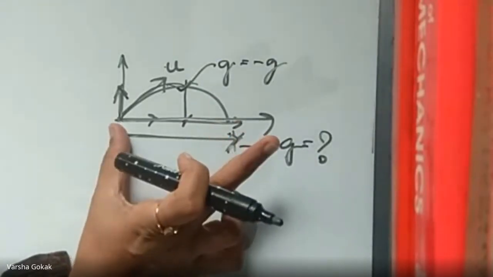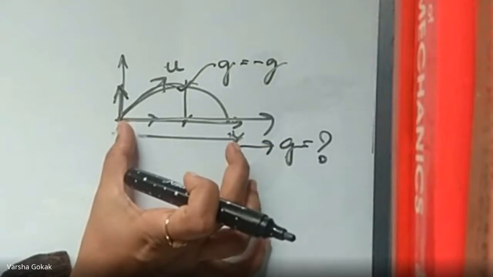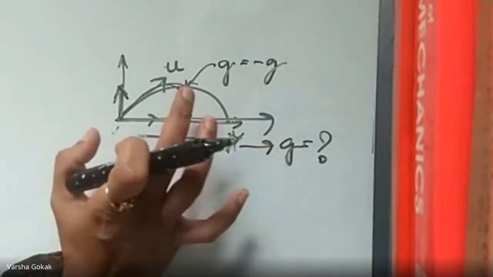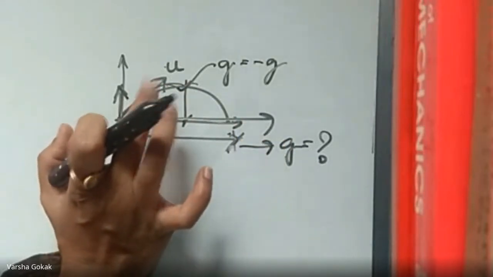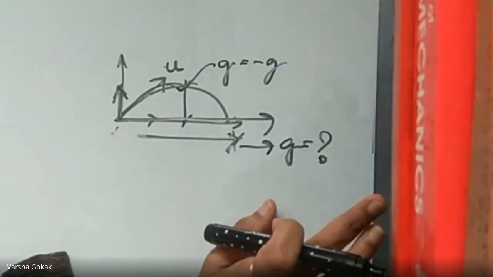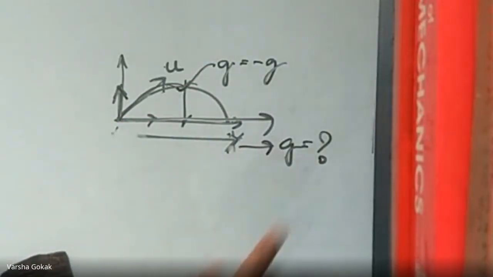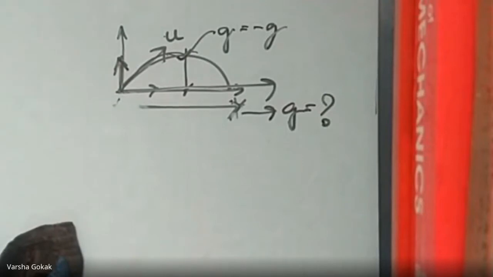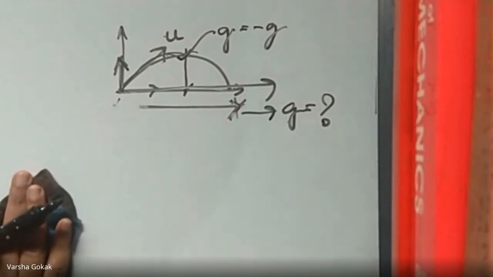So g is not going to be considered, only that horizontal distance, because g has been taken care of in the vertical distance. That's why g is 0. Okay. Also, air resistance is neglected when we are taking the horizontal distance into consideration. Okay. Is it okay, Shifa, or do you have any more doubts?